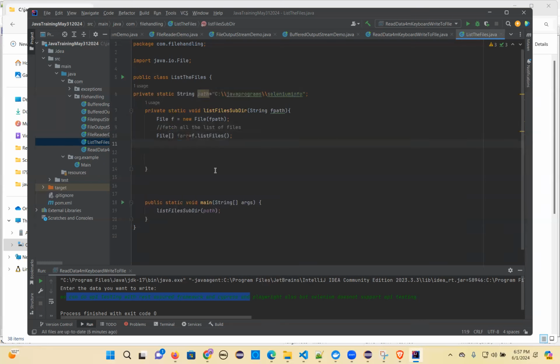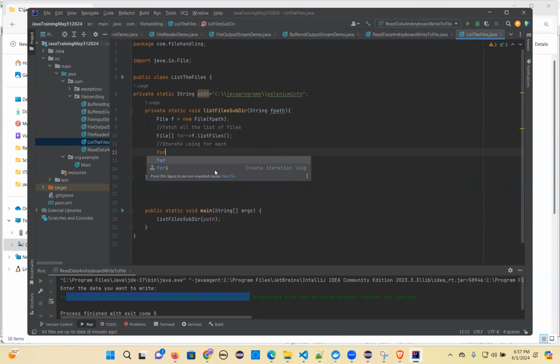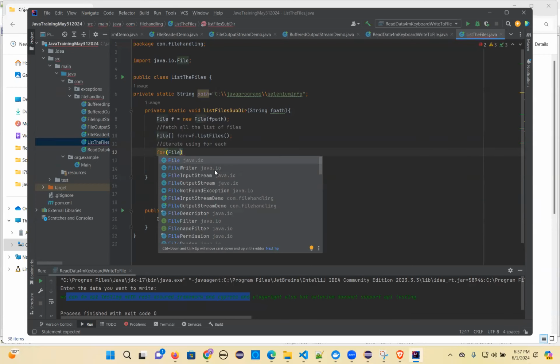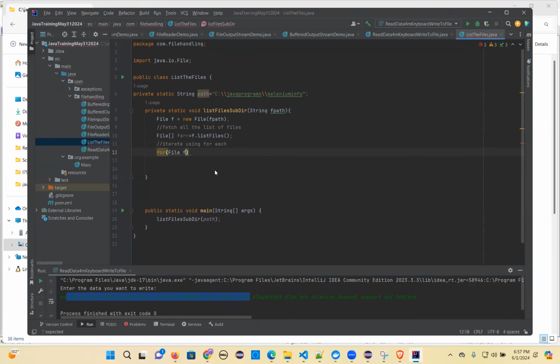Now you got all the files into this array. You know how to iterate, right? Iterate using a for each loop. So for, bracket File f1 colon f array. This is the array name, and the array data type is File. First you need to write a data type, then some variable, colon, array name. So f1 dot,